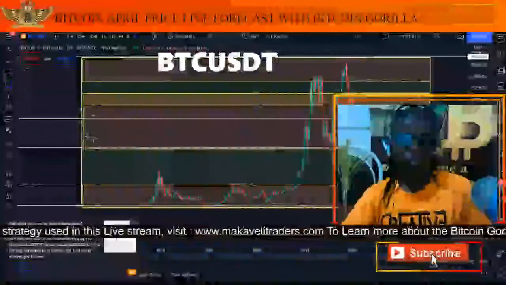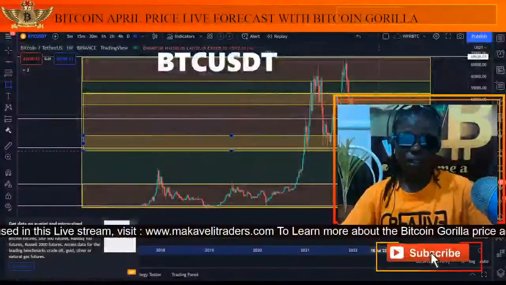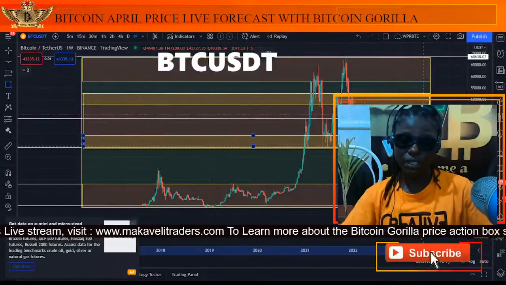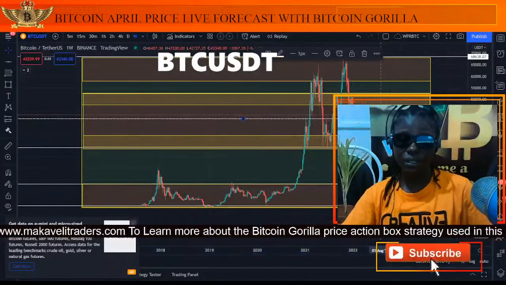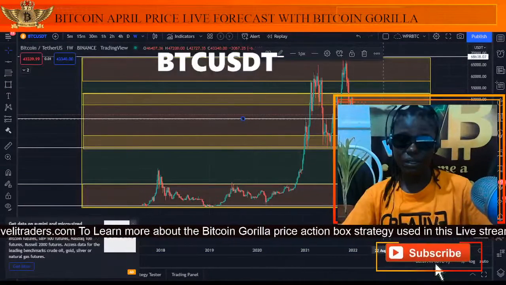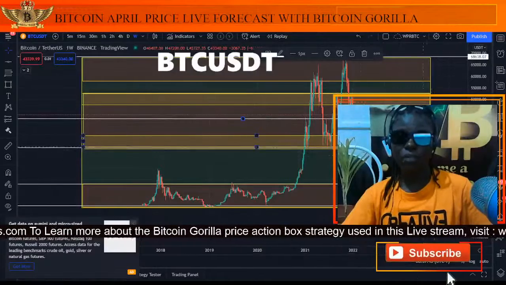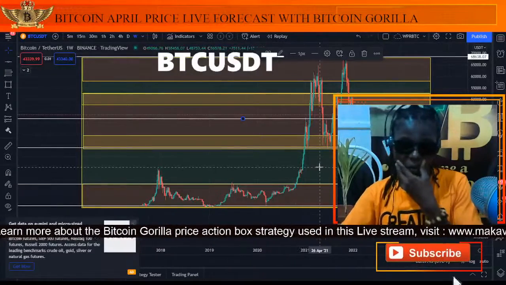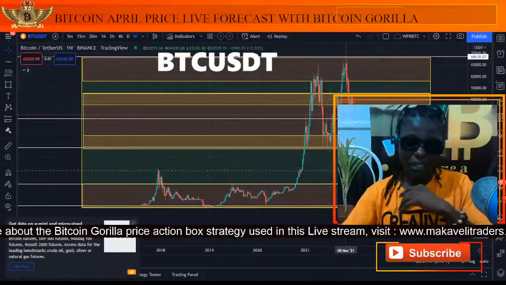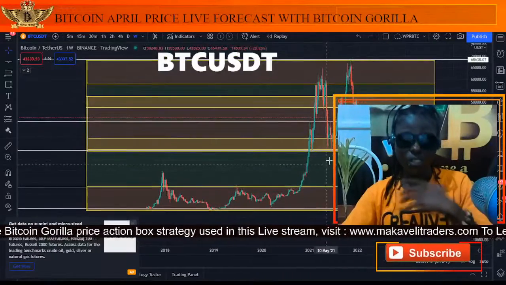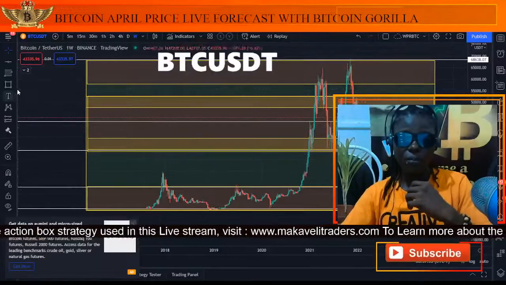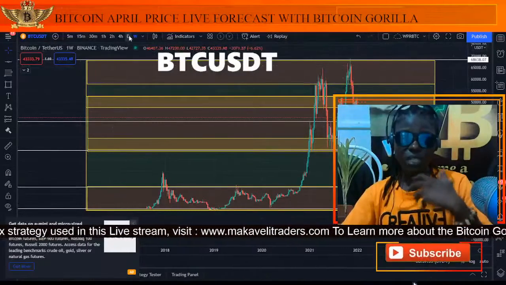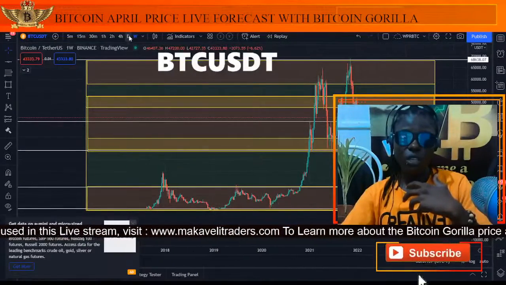But first I need to get the area support and resistance where price is currently trading at. So this is very beautiful. This is the price contained in the box. This is the Bitcoin Gorilla box. I developed it myself, and now we're going to try to make sense of this box on the